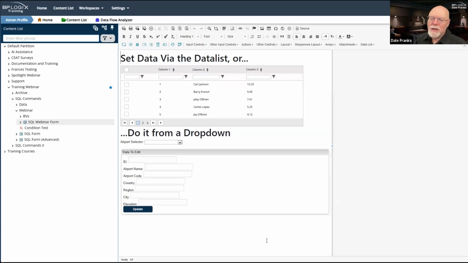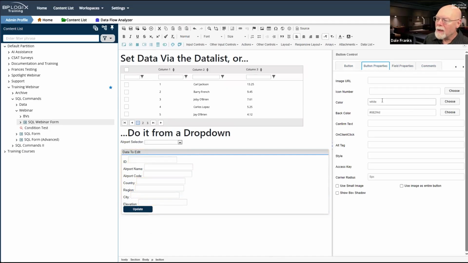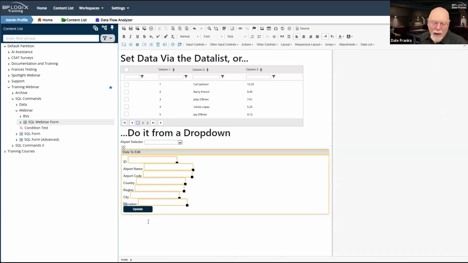But I can just save the form, and when I save, the UI will be updated, the form will reload, and it will show me my button here with its nice dark blue color and the white text for the button using the named HTML color right there in the color property. And turning off the box shadow, I have now made this a flat button, and so it has the more modern look and feel.